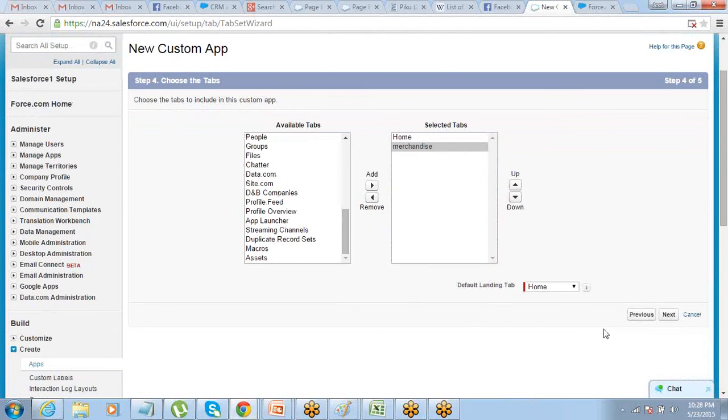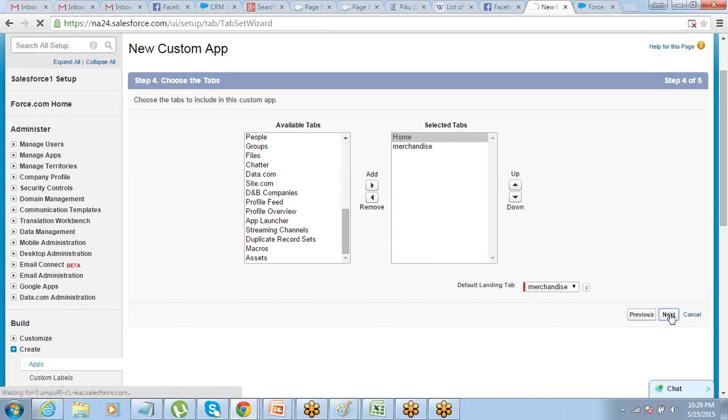And pick the default landing tab. Now there are two tabs. Which will be the default landing tab for that app? Default landing tab means when someone enters that app, which tab he lands onto by default. By default it is home. If you want, you can make it merchandise also, so anyone who comes into that particular app by default lands on the merchandise tab.